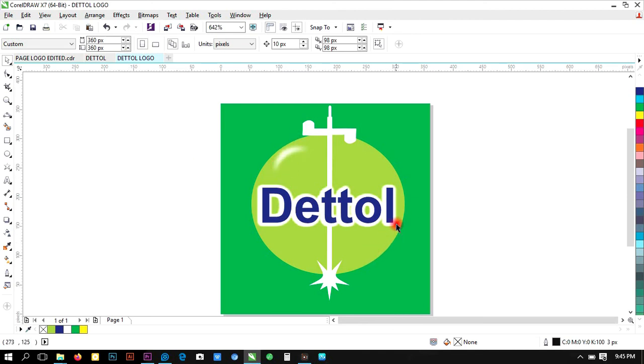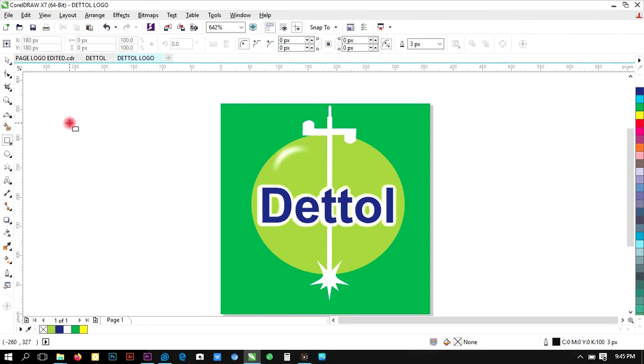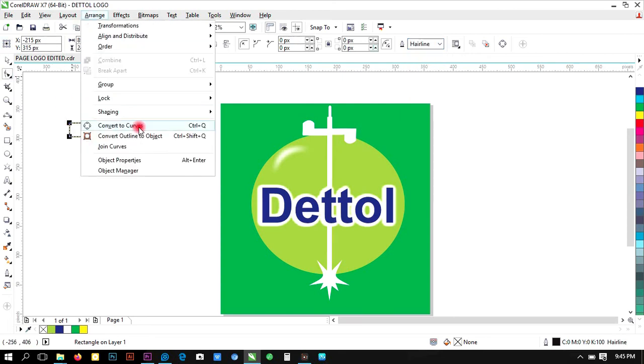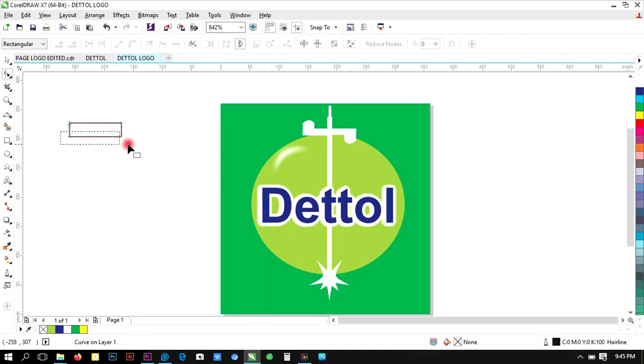Now there's another one down here too at this point, so I'll also do it. I will use the rectangular tool for that one. Draw a rectangle because the shape for that one is a bit bigger compared to this. So come here, remove the thickness of the outline, use my shape tool, click on arrange, convert to curve, and convert this portion to curve, and then adjust it outwardly. Then highlight this portion again, do the same thing, adjust it